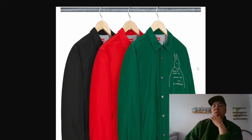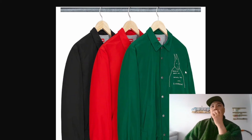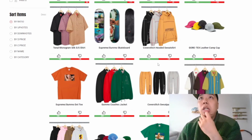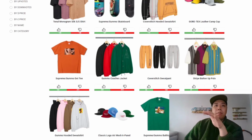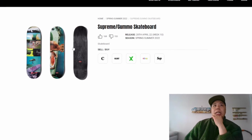And yeah, the coach jacket obviously features the iconic logo that we see at the back of the deck, and it says Gummo something, I cannot read that, but yeah. So we also get the hoodie and a football top as well. Again, this is